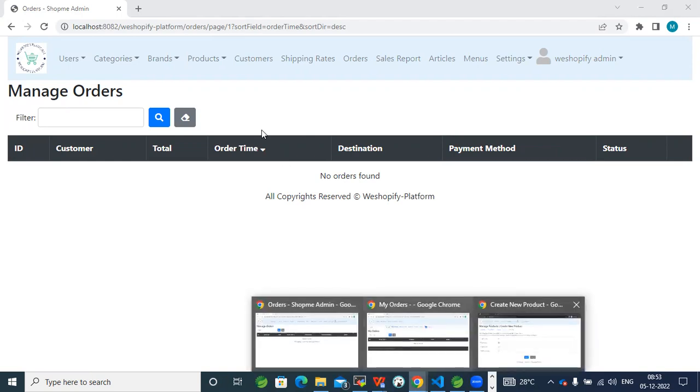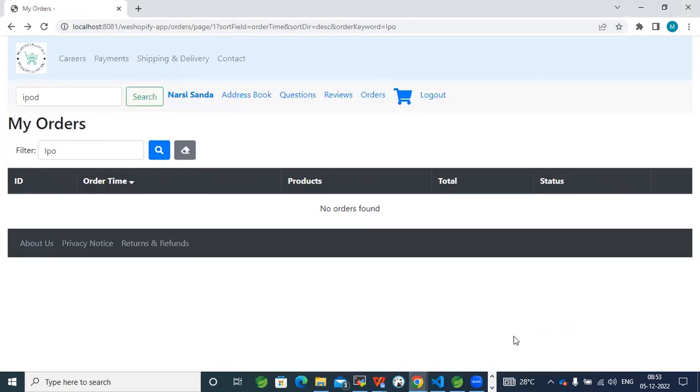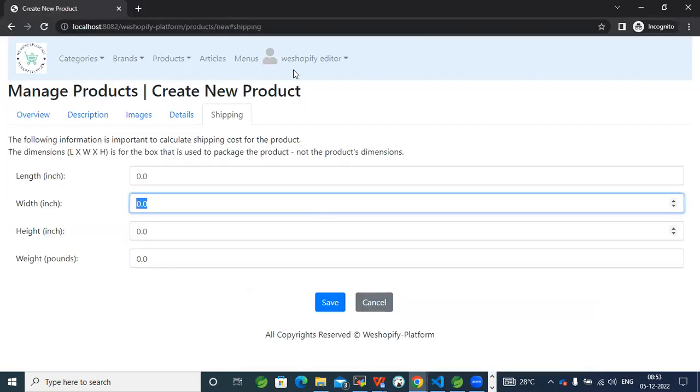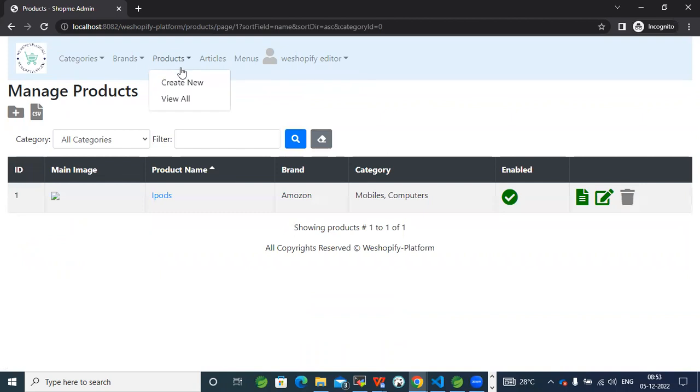And also, if we go to another persona, that persona is the editor. Editor is not able to see the orders. See this? The godown person who is taking care of feeding the details or entering the details into the system doesn't require to know whether the customer placed an order for it or not. The system will take care when the product is being ordered, the system should take care that this